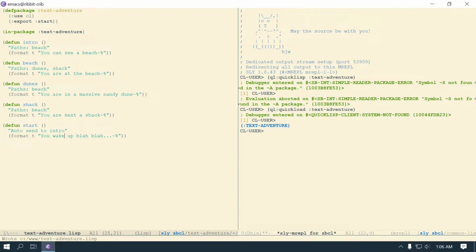And then that way I can put some stuff in here when you start the game that it's not going to be repeated over here, I guess. And the easiest way for me to think about this is just to create these functions and then somehow return the beach in this one, return the dunes or the shack in this one. But each one of these will have like a while loop, I'd guess, and it's going to be a bunch of